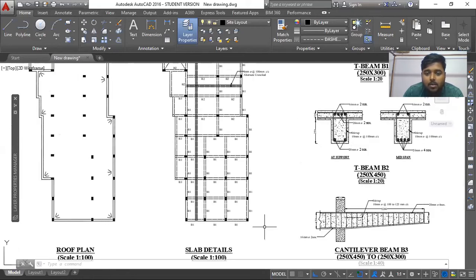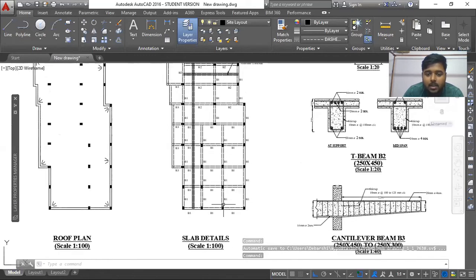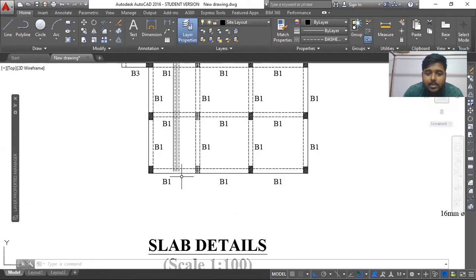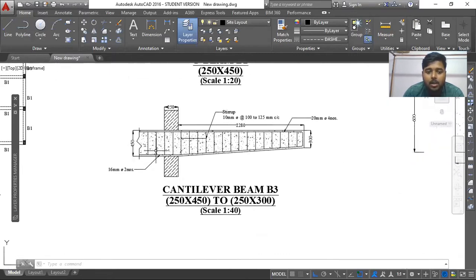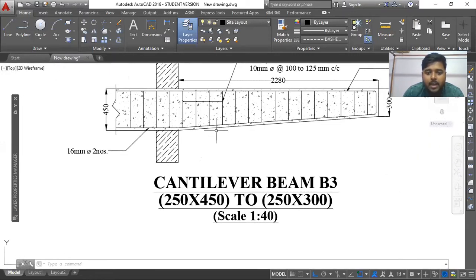Whenever a person is going to build this particular house and needs to measure the walls, he will simply measure it with a small physical scale, the 15 centimeter or the 30 centimeter scale, and multiply it by 100 times to get the actual field dimension. And if he is working on the beams, he will measure the drawing here the same way, but multiply it by 40 times. That is why we have mentioned the scale.